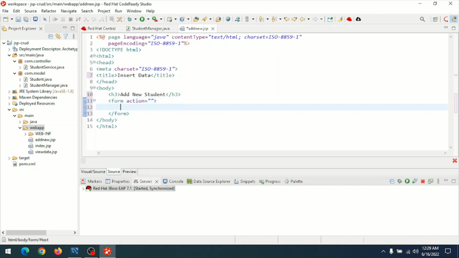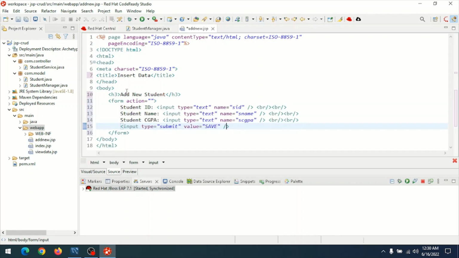and place three text box controls to get input from the user: student ID, student name and CGPA, and place one button control to submit the form data to the servlet. So I placed three text controls to get input from the user, student ID, name and CGPA, and one button control to submit the form data to the servlet. So I named the controls as SID, SNAME and SCGPA. Then save the file, close,